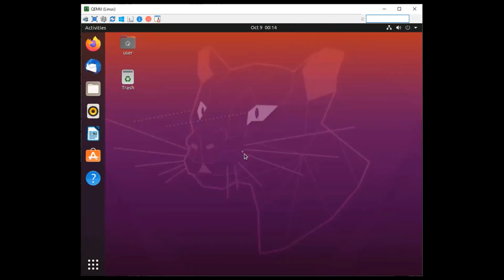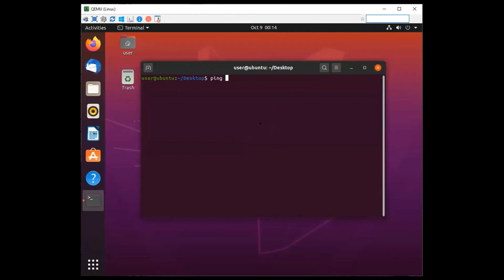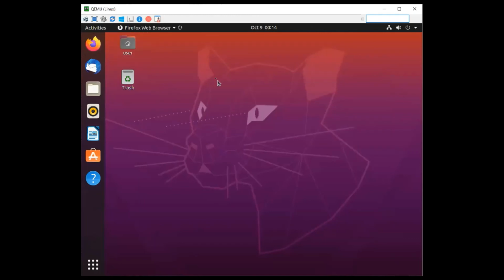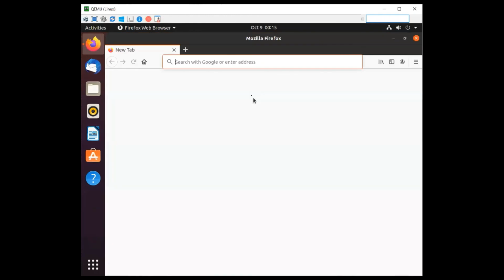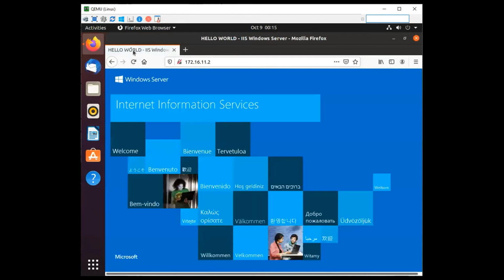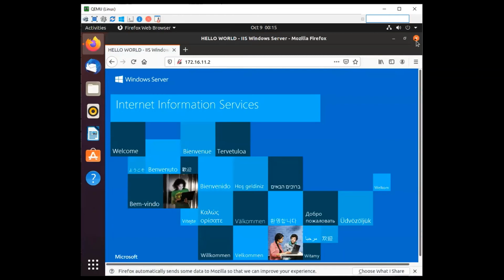Test for connection first. Open the terminal. Send the ICMP echo request. And we're good. So if we try to open that inside the client, okay, that's 172.16.11.2. That's the server itself. Okay, it says hello world. So what's happening is we now have full private routing connection from all of the